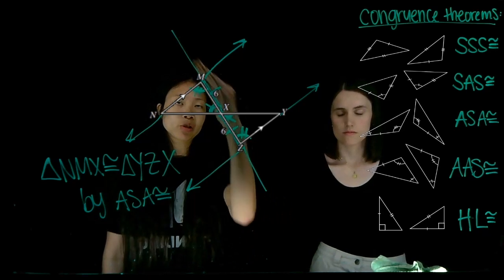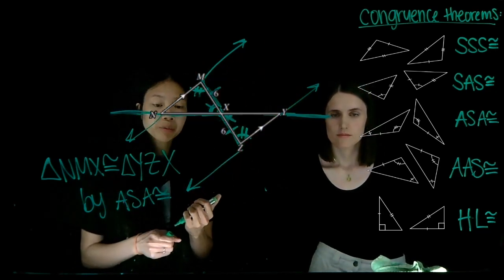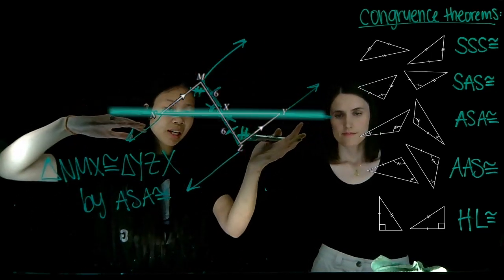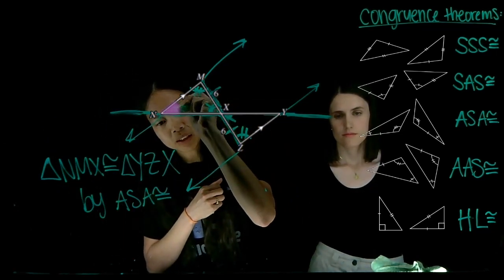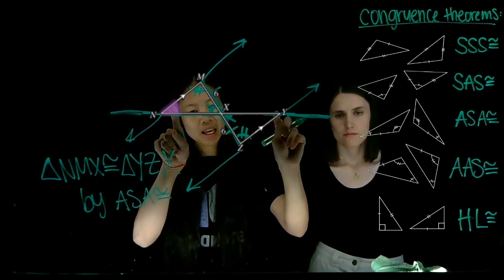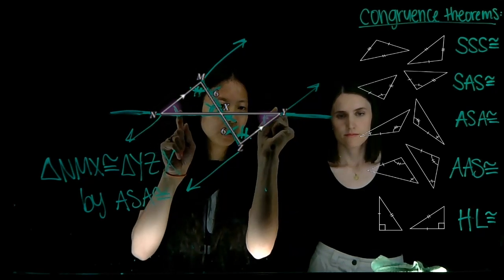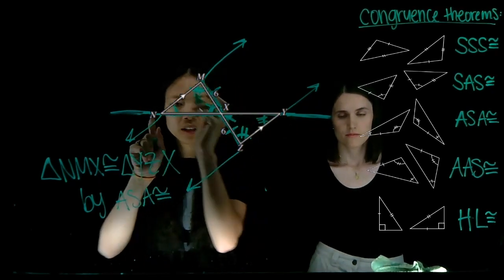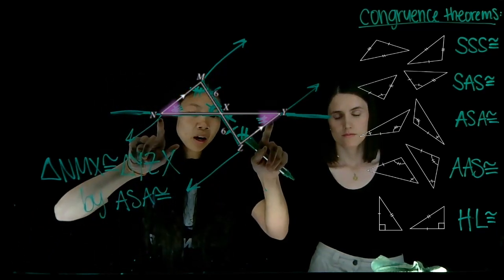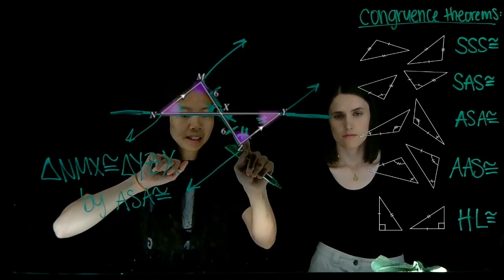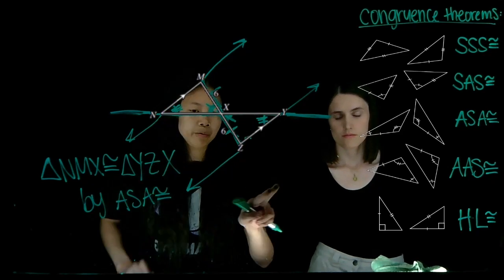I'm going to use this as our transversal through these parallel lines. What if we used NY as our transversal instead? Well, if we kind of tilt ourselves a little bit, we know that angle N would be considered alternate interior angles with angle Y. And I'll denote that with 3 tick marks to show that they're a different set of congruent angles. In this case, if I want to use N and Y instead of M and Z as my alternate interior angles pair, we see that we still have the same